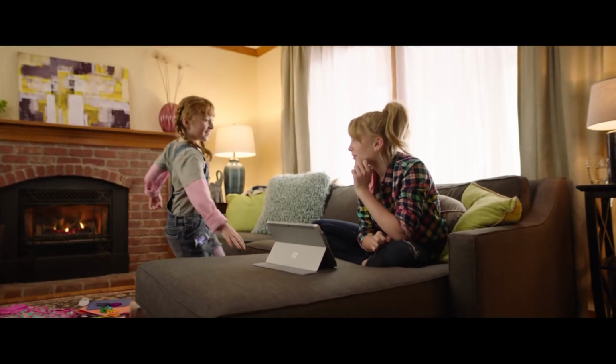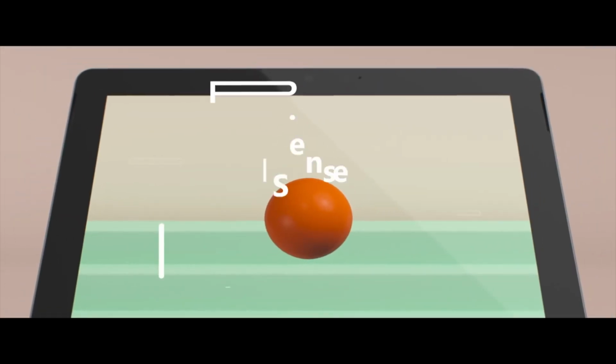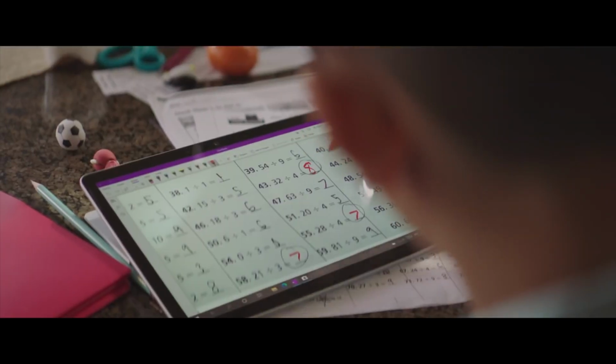The Surface Go starts at $399, giving you 4GB of RAM, 64GB of storage, and a Pentium Gold processor that's only 100 MHz faster than the previous generation of models. So to really benefit, you'll need to shell out $630, which will upgrade you to the 8th gen Intel Core M processor, get you 8GB of RAM and 128GB SSD as well, which will offer much faster performance versus the